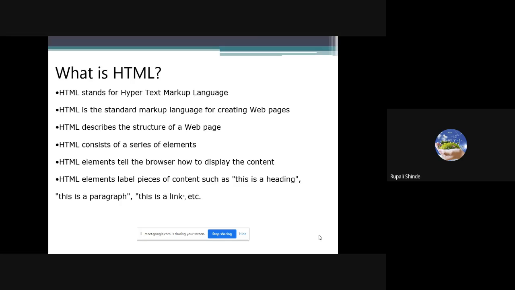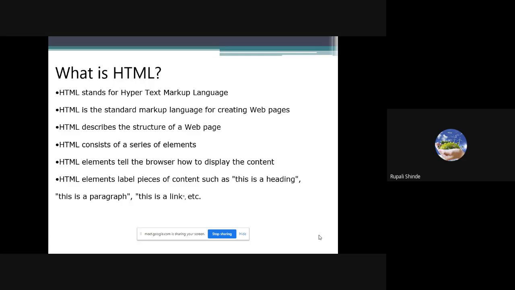Heading is one element. With the help of that, we can create the heading. It has the major heading and then lesser headings. Likewise, we have H1 to H6 headings. It depends upon the importance of that heading. We are going to use the types H1, H2, H3 up to H6.